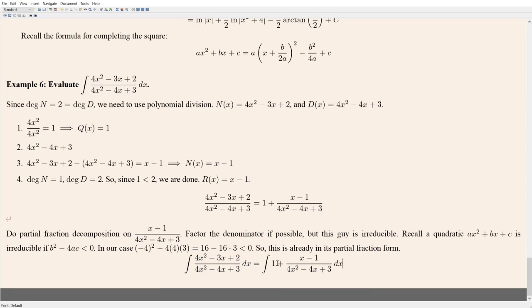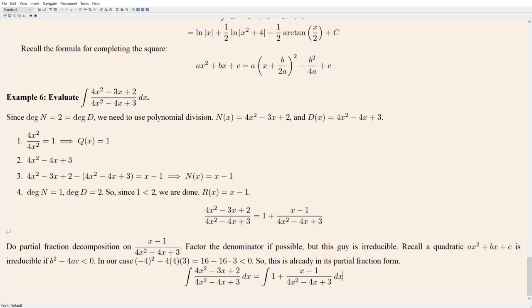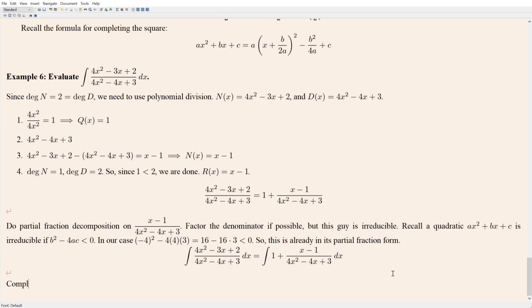Okay, so integrating this first guy, of course, is easy. That just becomes x. Integrating the second guy is not obvious. So this is the reason I brought up this idea of completing the square. Because if we can complete the square on this guy down here, we'll end up with something squared plus a constant. Then it will be more amenable to one of the formulas above. So let's complete the square